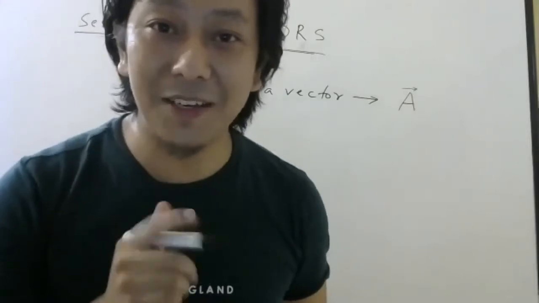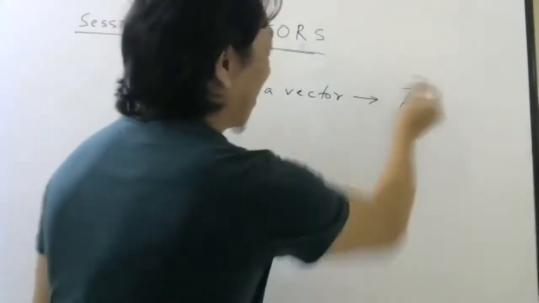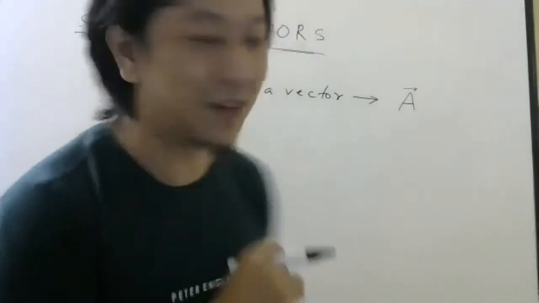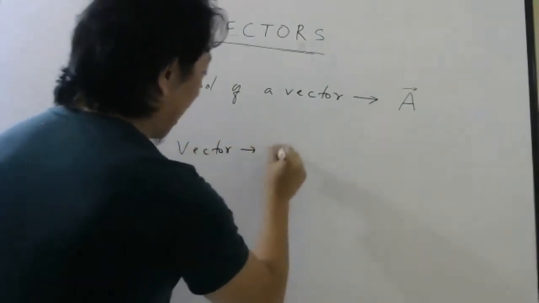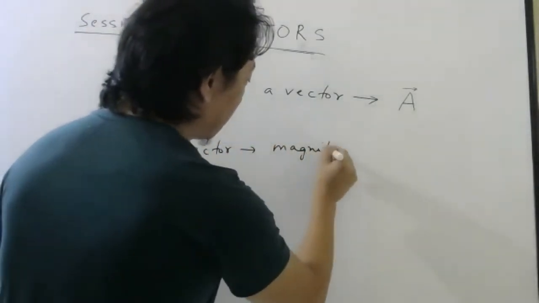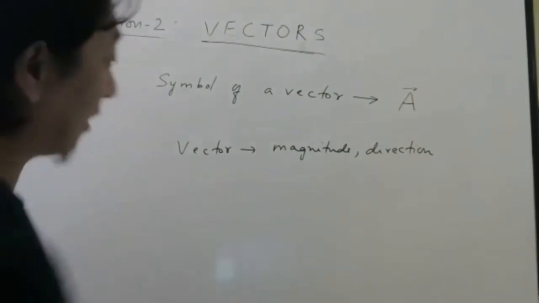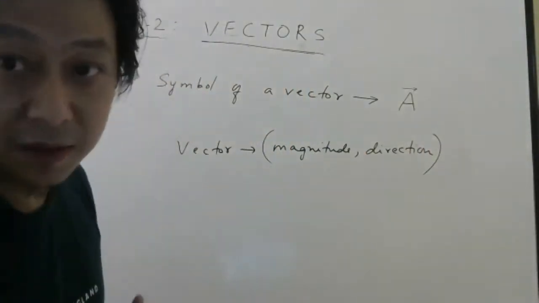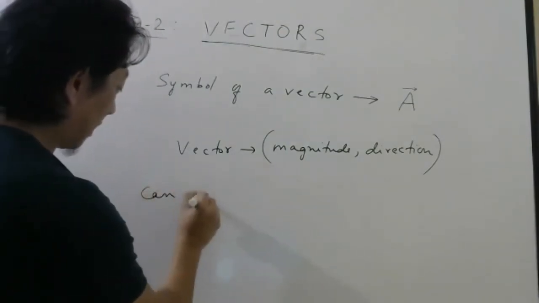I used to ask my teacher why. Why are we putting this arrow mark? Usually we don't put it in school days. Then the answer is very simple. Look here. A vector should have magnitude and should have direction. Correct? So when I give you a vector, I should give you both of them. Understood?